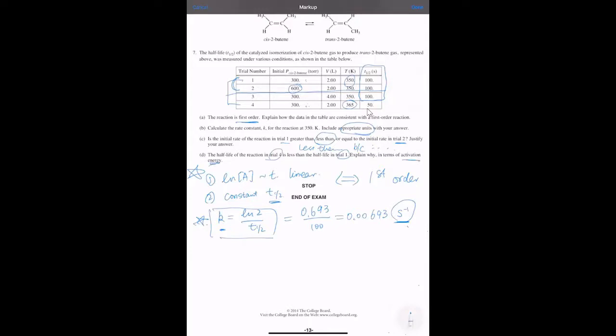Well, what happens when you have a higher temperature in gas reactions? We have discussed this before. When we have a higher temperature, the average kinetic energy of the molecules is also greater. As a result, trial 4 has a greater fraction of collisions with sufficient energy to overcome the activation energy barrier. So the rate is faster, and because the rate is faster, the T half will be shorter, right? So this is also a very important